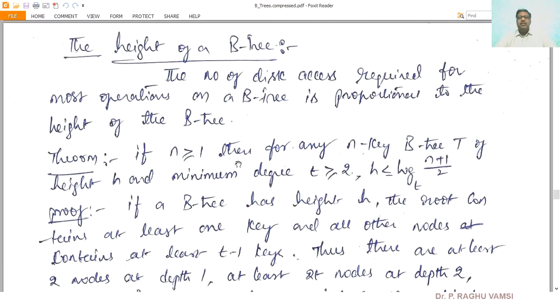This is the description and theoretical concept of the insertion, searching and deletion operations. I will post a video of constructing a B tree afterwards. So this is the end of the lecture.